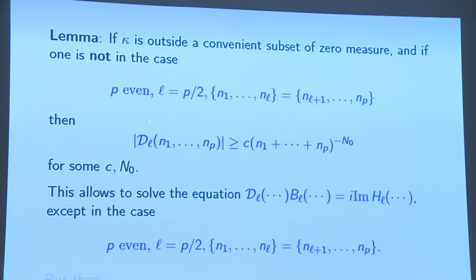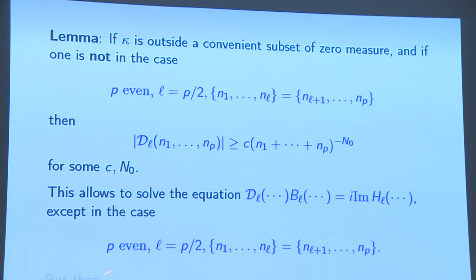So of course, when we make such a division, we lose some large power of n1 plus np, which means that we lose some derivatives on the coefficients of our equation. But this does not matter because the coefficients of the equation are low frequencies, and that is, we may afford to lose a large number of derivatives on these coefficients if, of course, we work with smooth enough functions. Okay, so this solves the equation we wanted to study in the case